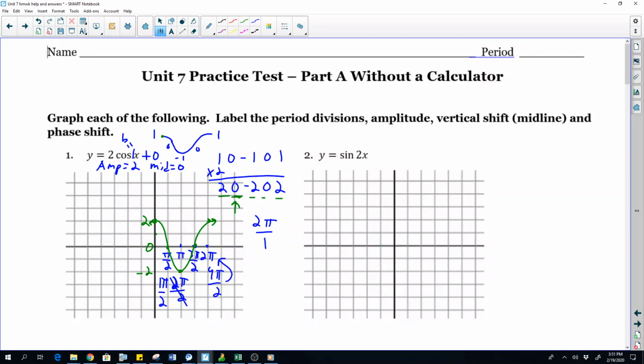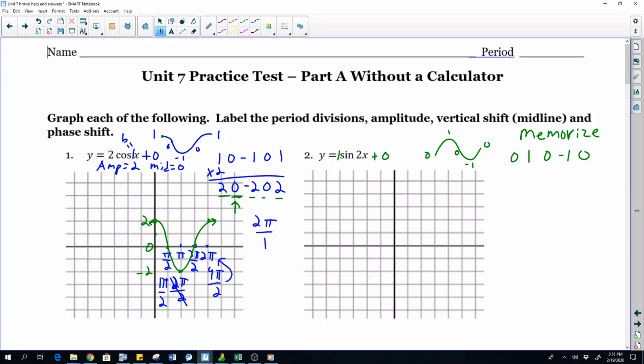Cool. Now sine is a little bit different. So sine actually goes like this, if you remember. Starts off at 0, goes 1, then back to 0, then down to negative 1, then 0. Memorize it. Make sure you memorize those 5 numbers, 0, 1, 0, negative 1, 0. Cool. Okay, so we're going to take those 5 numbers, and our amplitude is just 1, and our midline is